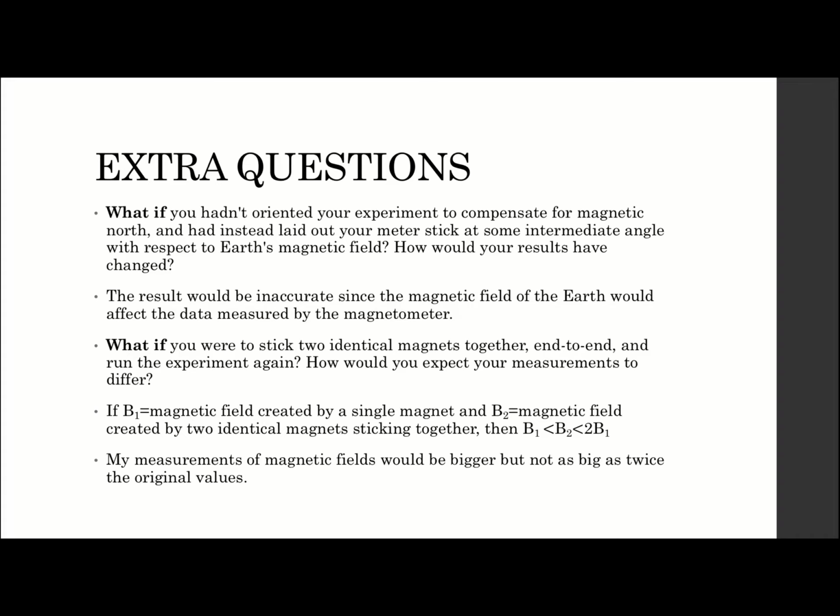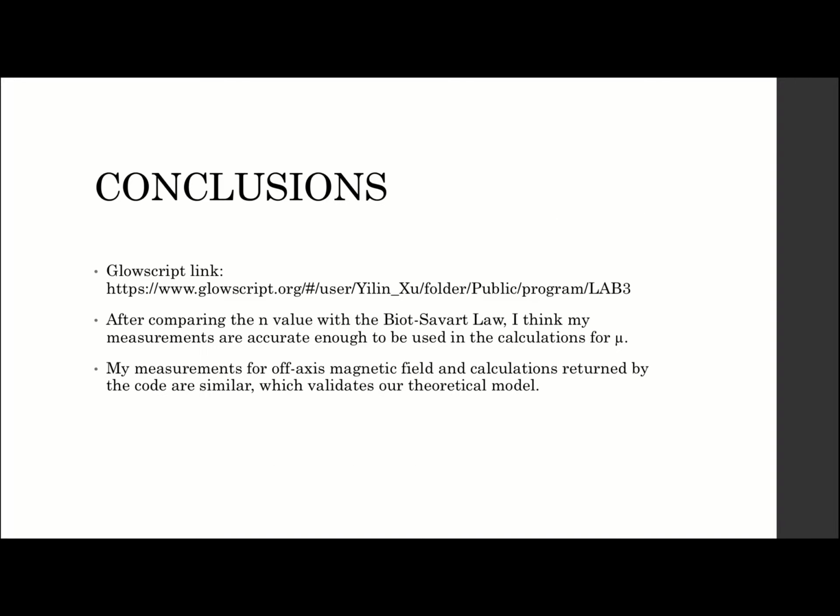The second question is, what if I were to stick 2 identical magnets together? I think if B1 equals the magnetic field created by a single magnet, and B2 equals the magnetic field created by 2 identical magnets stuck end to end, B2 would be bigger than B1 but less than twice as big as B1. In conclusion, by comparing the n value with the Biot-Savart law that we've learned in class,